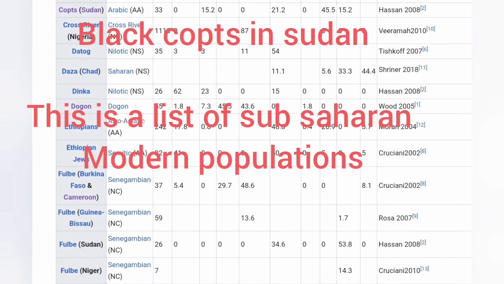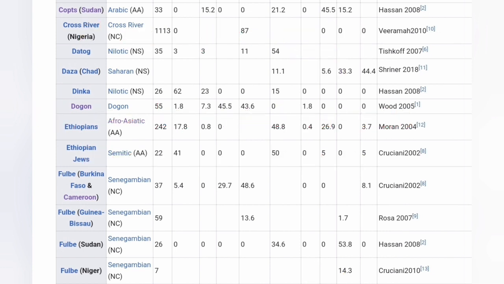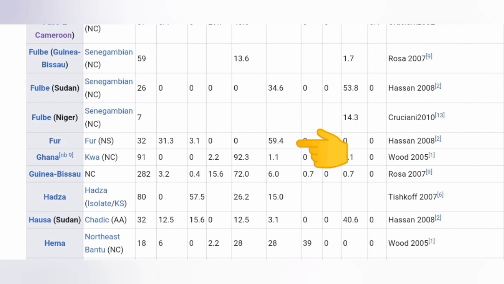45%, 54% in Nilotic, 15% Nilotic, 48% in Afro-Asiatic, 50% in Semitic Ethiopian Jews, 34% in Sudanese Fulbe, 59% in Fur people, 1.1% in Kwa in Ghana, 6.0% in Guinea,